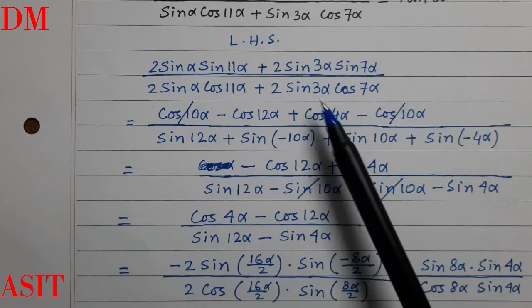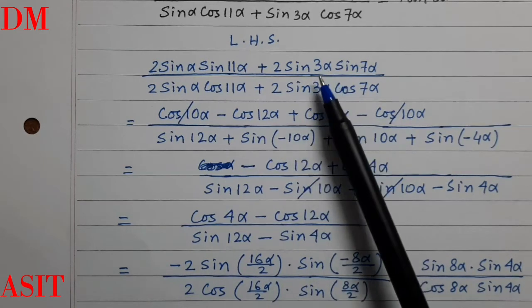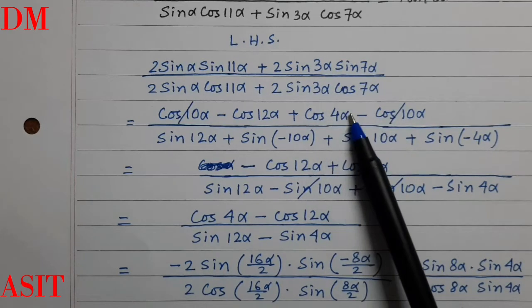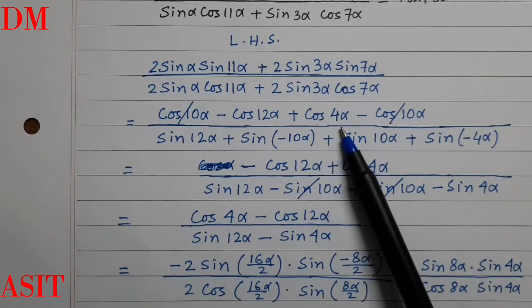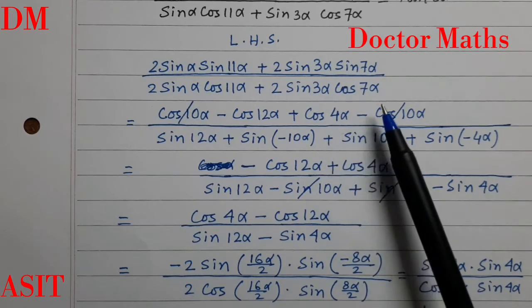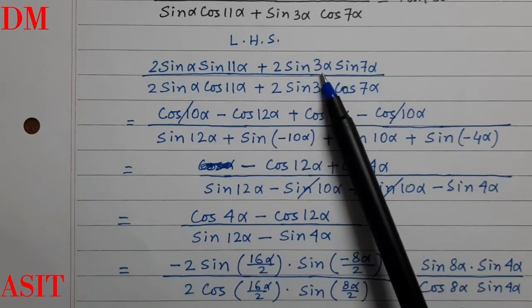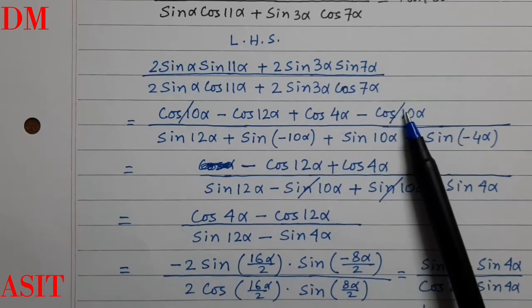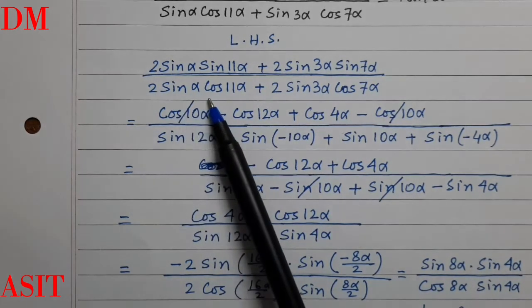Similarly, the same formula here also. So therefore it will be cos 3 alpha minus 7 alpha. So cos 3 alpha minus 7 alpha will be actually minus 4 alpha, but cos digested the negative sign. So therefore it will be cos 4 alpha minus cos of summation of these two angles. So that is 3 alpha plus 7 alpha will become cos 10 alpha. Now we can see in the denominator it is 2 sin alpha cos alpha.